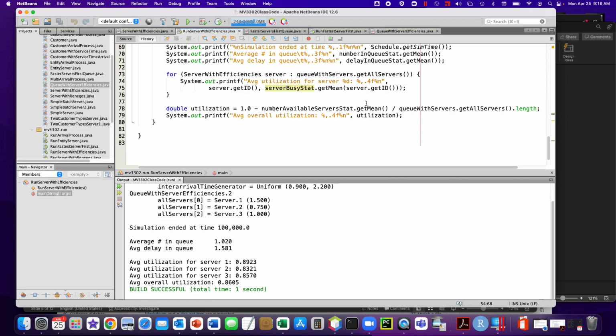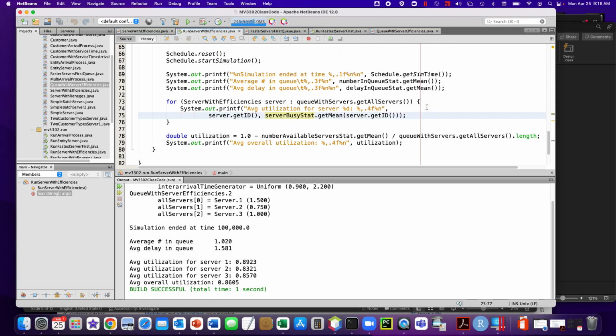And we can get it. Now these multiple guys, in addition to the regular getters for mean, variance, and etc., have getters where you give it the ID. And if it has that ID, it will return it. So here what we're saying is get the mean for this server's ID. And the thing is that in this particular case,